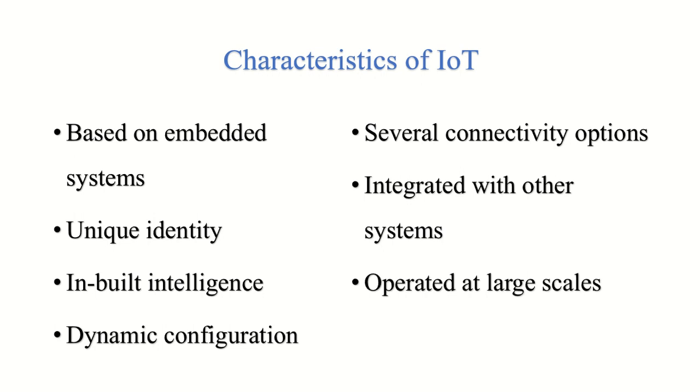It can be Wi-Fi, it can be Bluetooth, it can be a wired connection as well. But IoT basically does not use wired connections that much, so we have Wi-Fi, Bluetooth, Li-Fi. There are so many other options, and because of these various connectivity options,